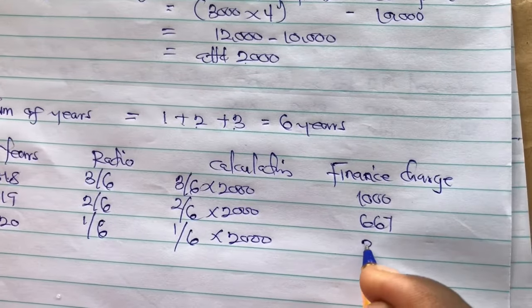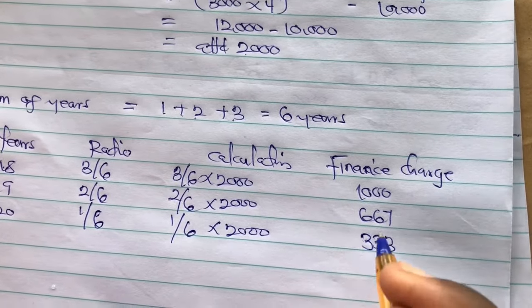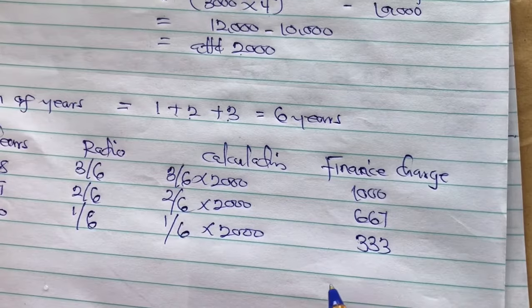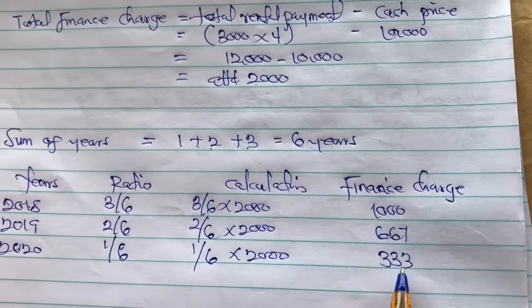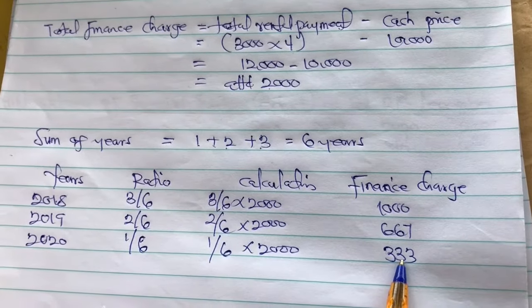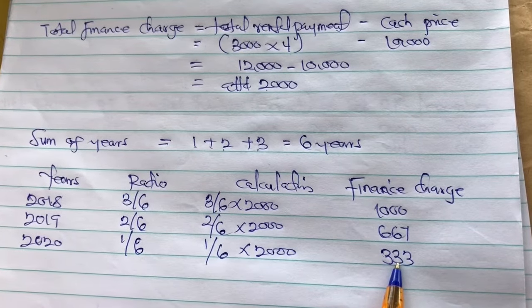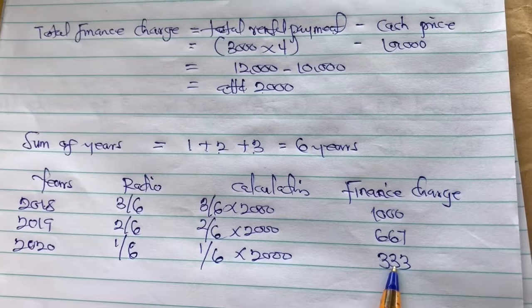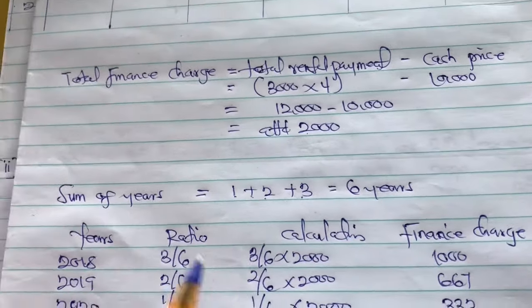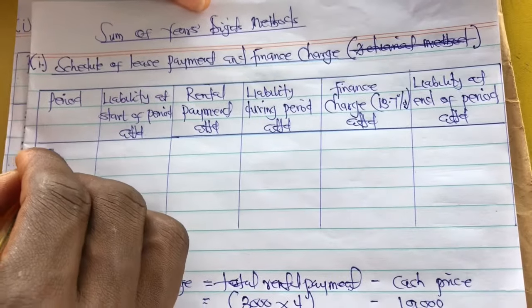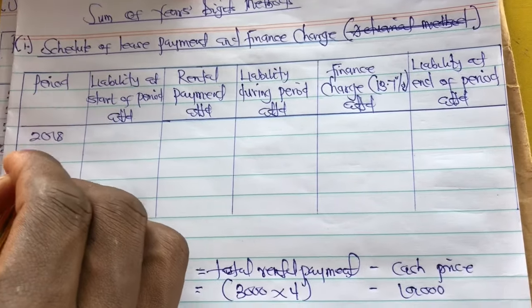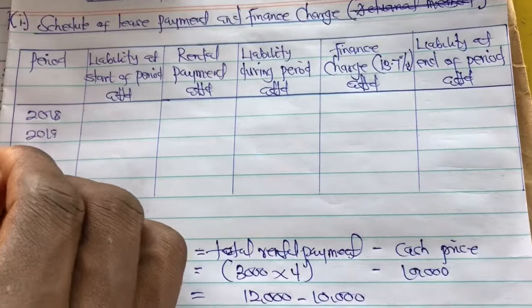1,667 and 333 Ghana cedis. Is that clear? For the first year 2018, 2019, and 2020 at the finance charge. Is that clear? So that is what we are going to use to represent the finance charge column. Okay, so let's come to the schedule. Okay, so with the schedule we have 2018, 2019, 2020,